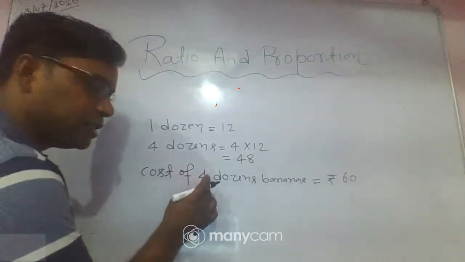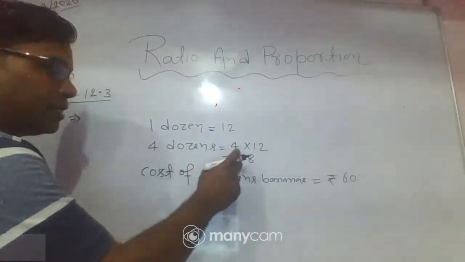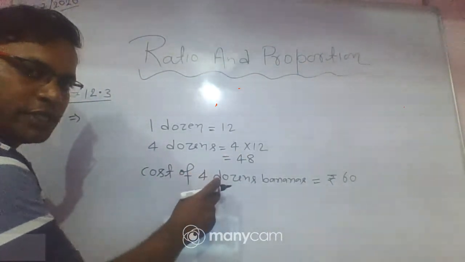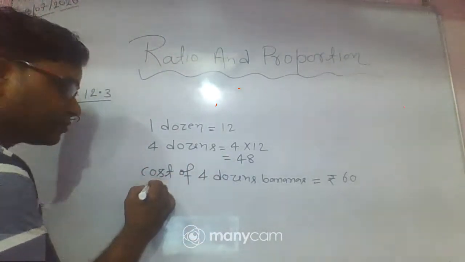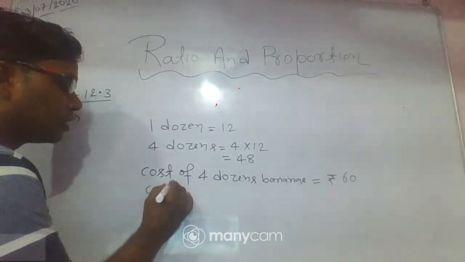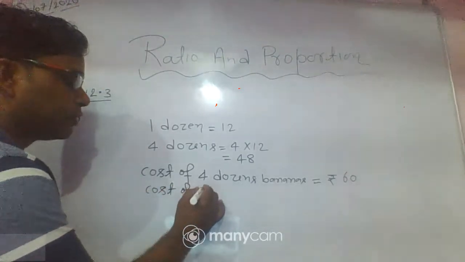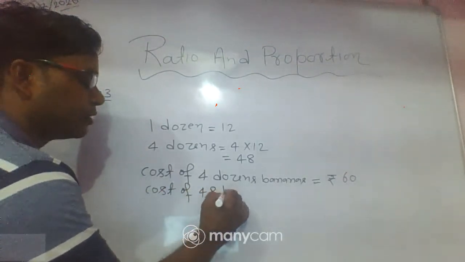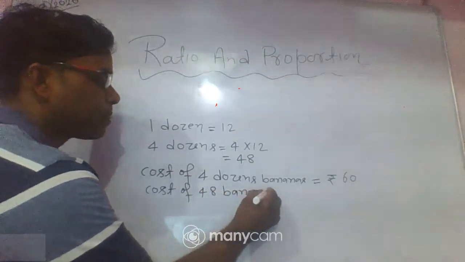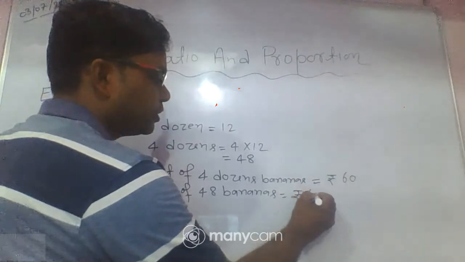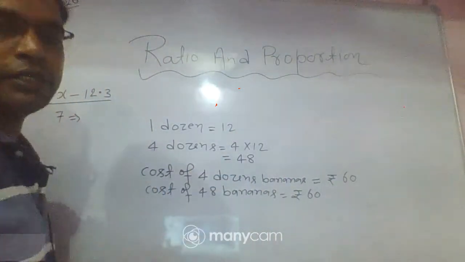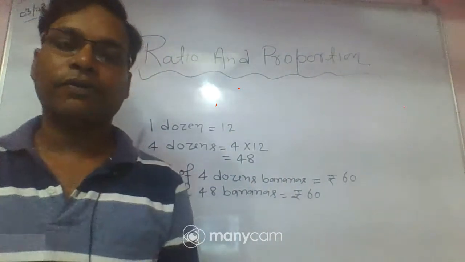Clear? So first we find cost of 1 dozen bananas, or you can say this is 48. 4 dozen is equal to 48 bananas. Okay, so we can write here cost of 48 bananas is equal to